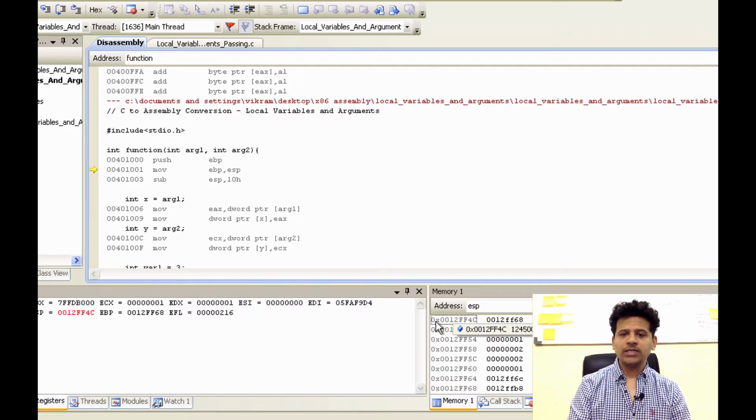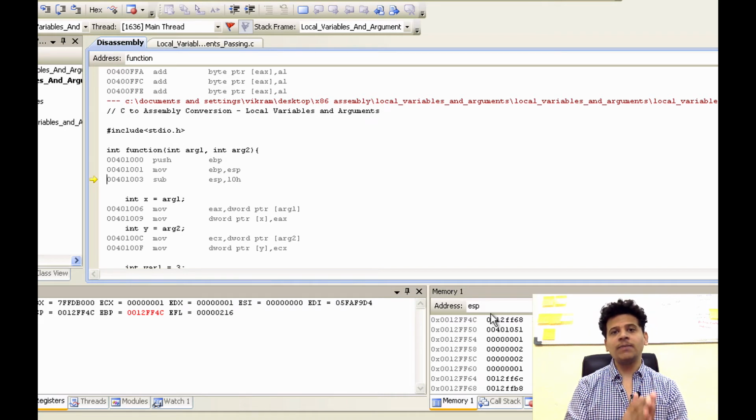Now from this point, that is 0012 FF4C, the function stack frame will begin on the stack, and as we saw earlier, function will need EBP to point to its stack frame. So the value from the ESP, that is 0012 FF4C, will get moved into the EBP. Step into that, and that got done. So now EBP is pointing to the function stack frame, and that is 0012 FF4C, and from this address it will be all function stack frame, and in this stack frame the function will save its local variables, its registers,